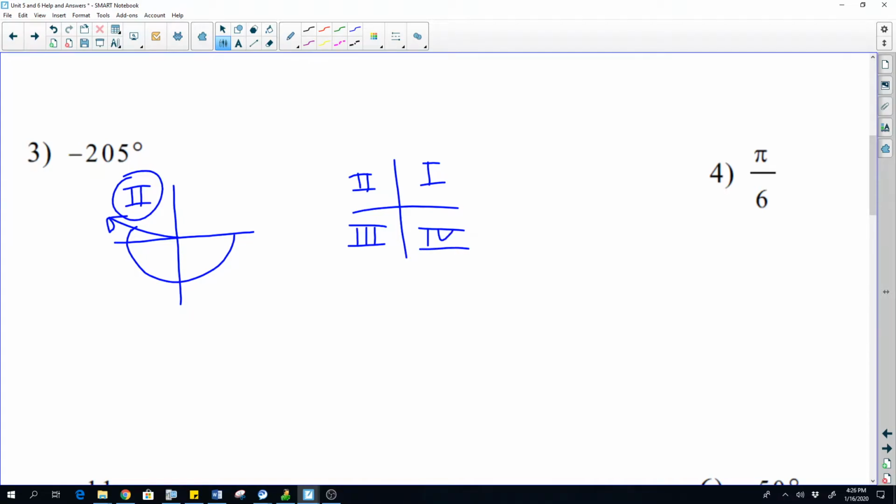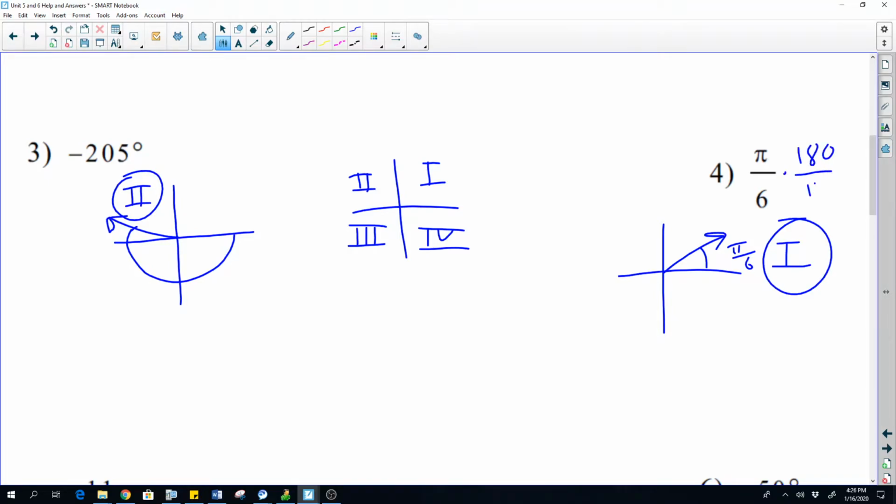Now, pi over 6, I know, is in quadrant 1 because I've memorized it. But if you don't speak radians, then you could turn it into a degree. So we're going to go to times by 180, divided by pi. Pi's will cancel, and 180 divided by 6 is 30 degrees, which is still in quadrant 1. So that's how you do these ones. So just find what quadrant that they're